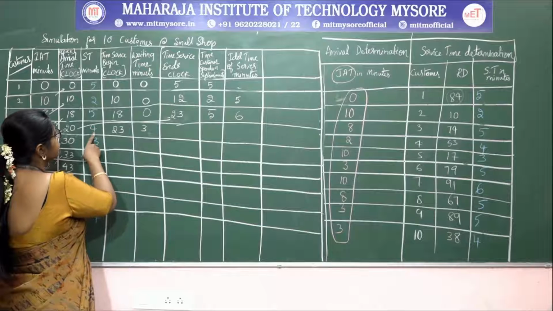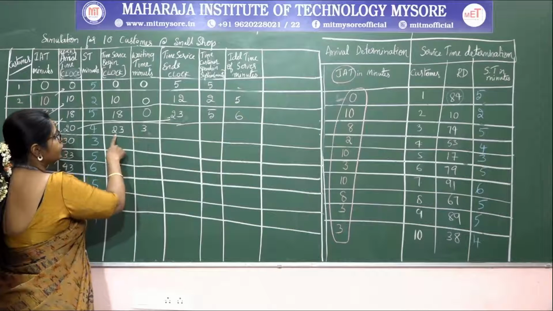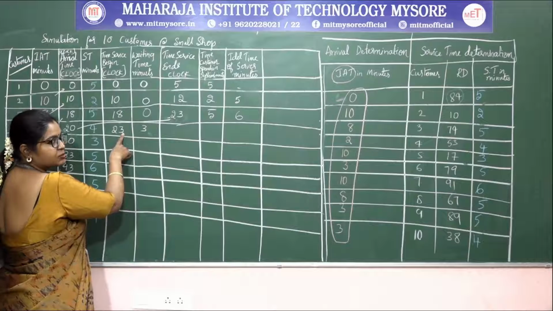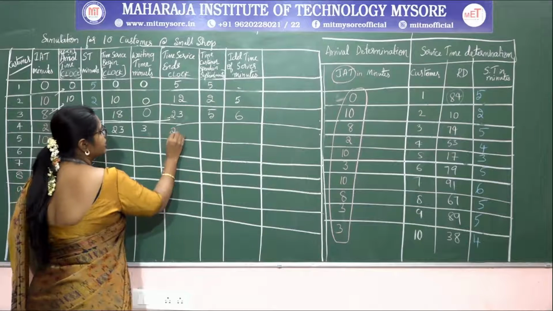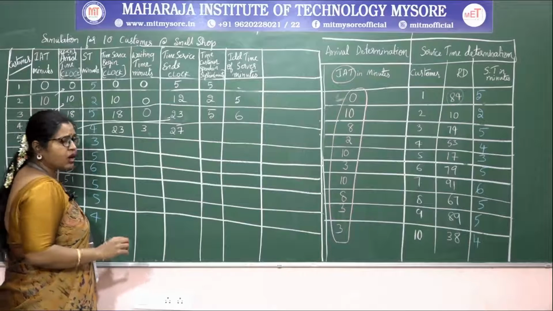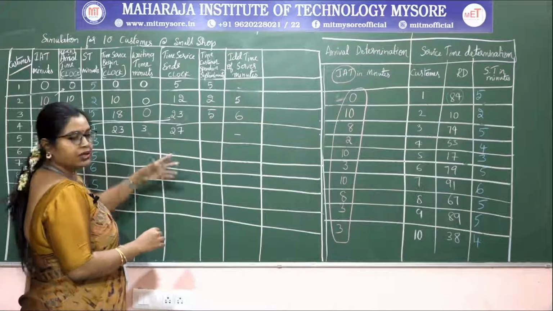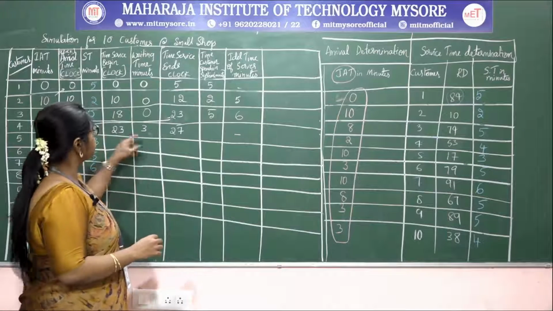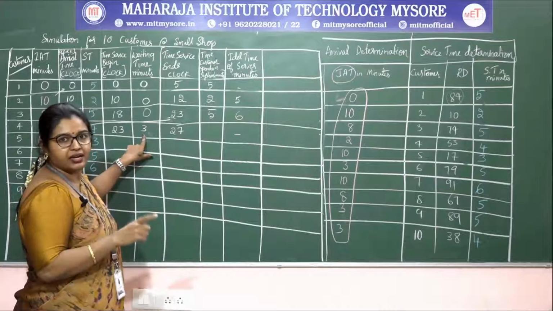He is going to take the service for 4 minutes. So at what time will the service end? At the 23rd minute it has started, and he will take the service of 4 minutes. Therefore, he will complete his work by the 27th minute. Is the server idle? No, at that time he was not idle. So the customer waited for 3 minutes.